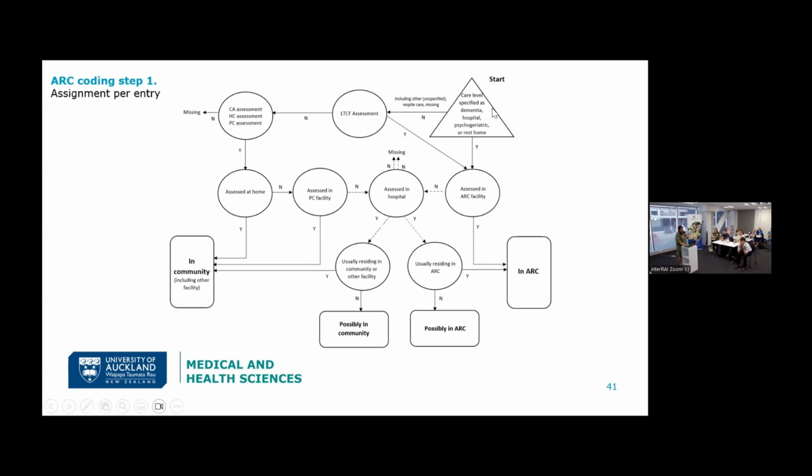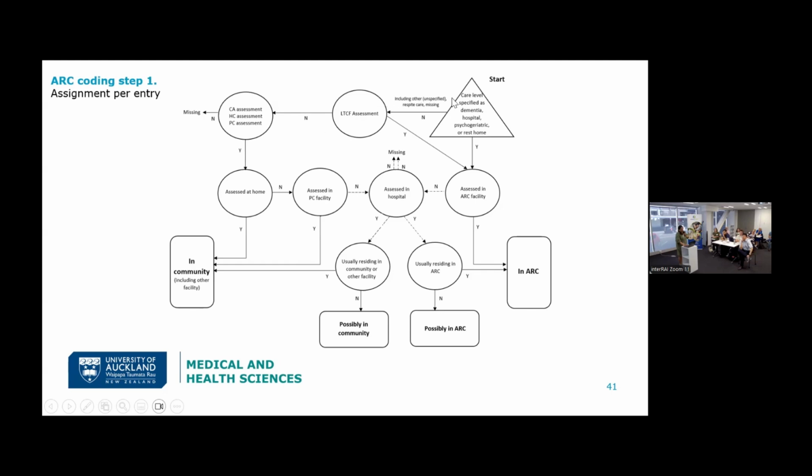So what we found in our preliminary work is that 50%, half of the assessments that we found, fall in this direct path from care level going to ARC. So we know for sure that they're in ARC. And another maybe 40% is in this direct path from community assessment, HCRPC, going into the community. So we know for sure that they're in the community.